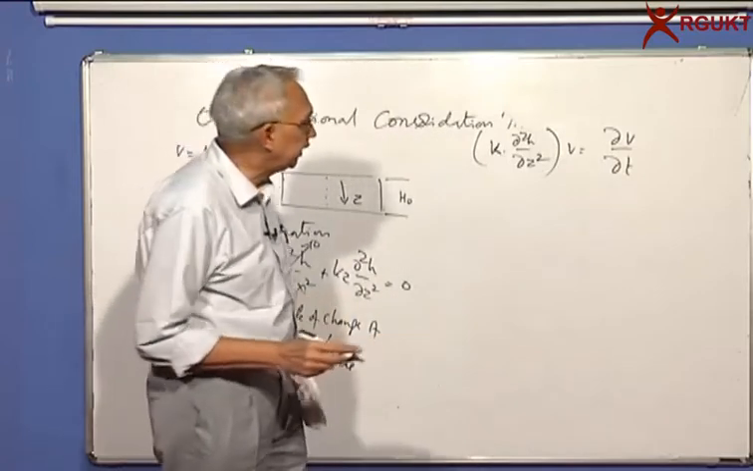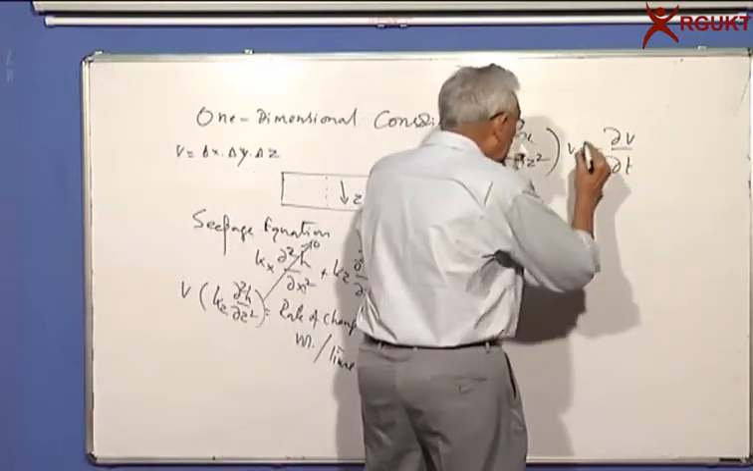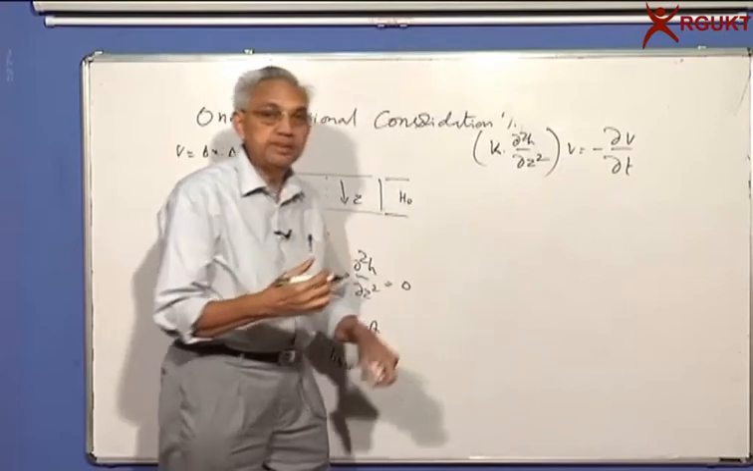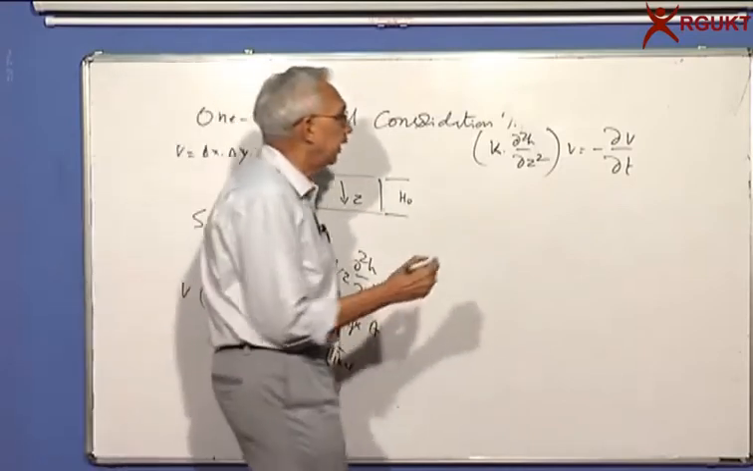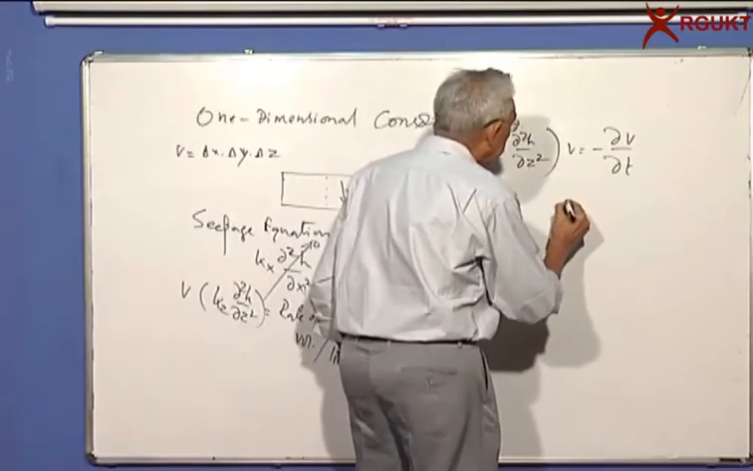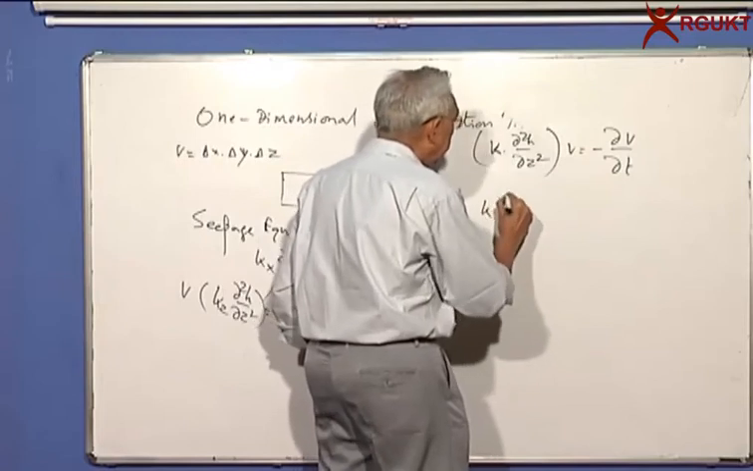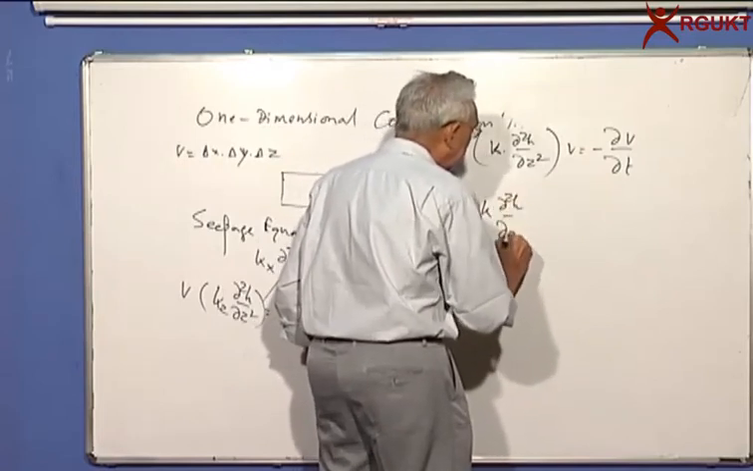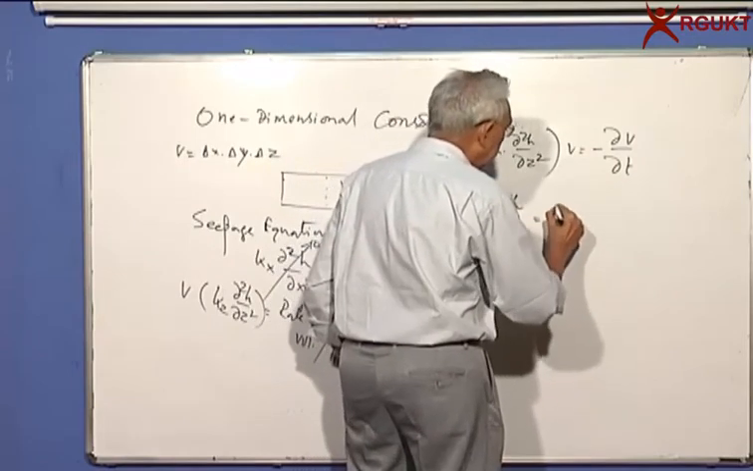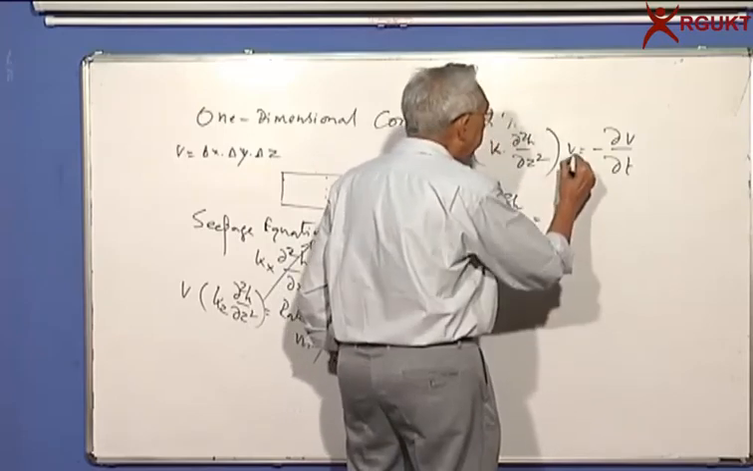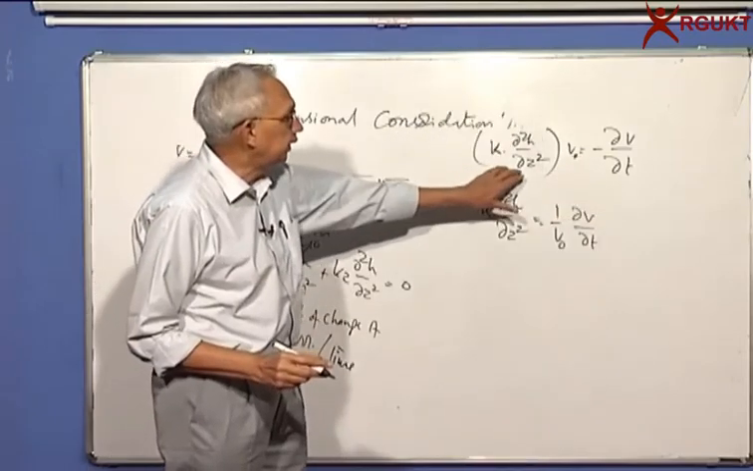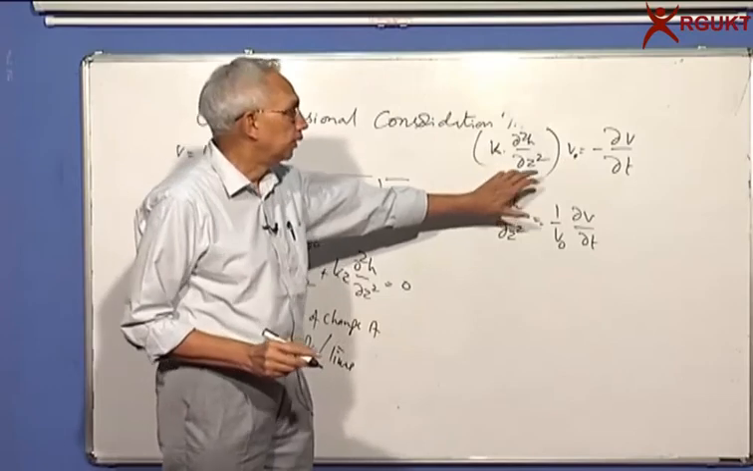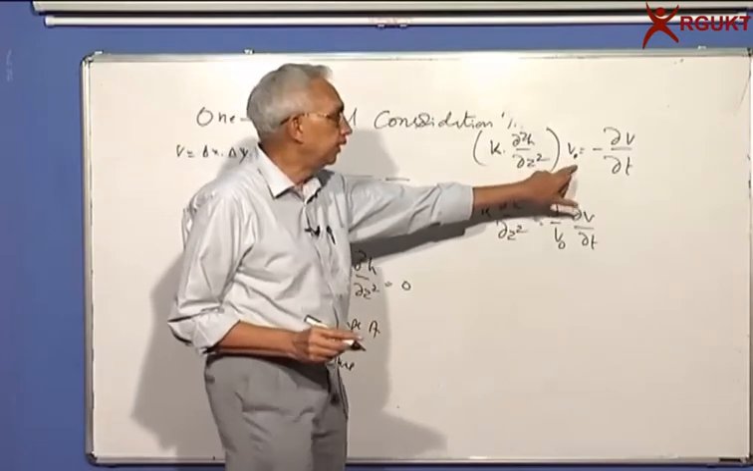And the volume is decreasing. So can I put it as a negative sign because the volume is decreasing? Now can I take this to the right so that this becomes k delta square h by delta z square is equal to 1 by, I can even put it as v naught, this is the amount of water going out multiplied by the volume of the element